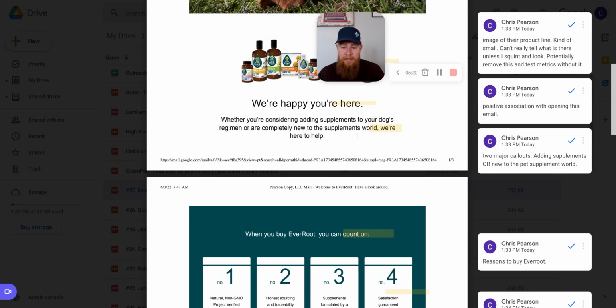Next, we're happy you're here, and then we're here to help. So this section here, letting the reader know that the brand is happy and excited to connect, so that you're here. It's another positive association. And then here, this paragraph, this sentence, something I thought was interesting is